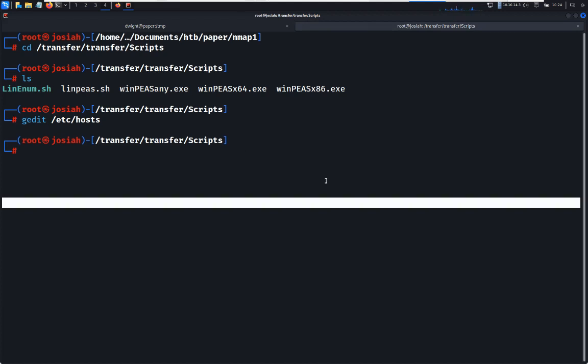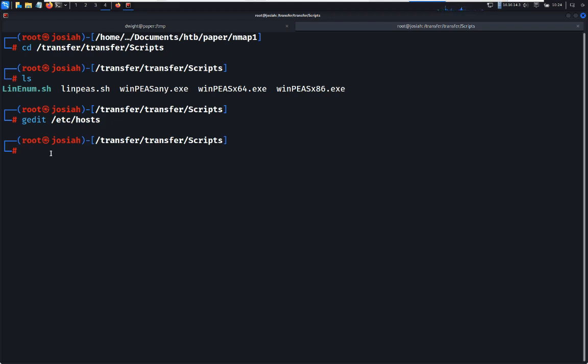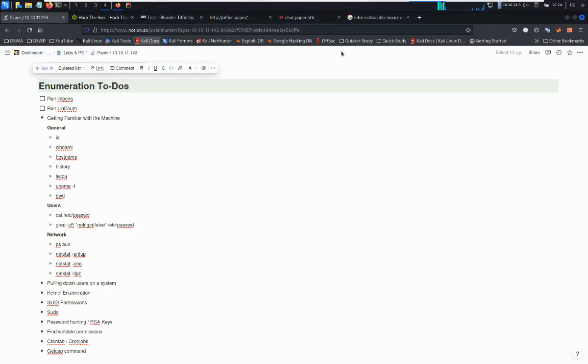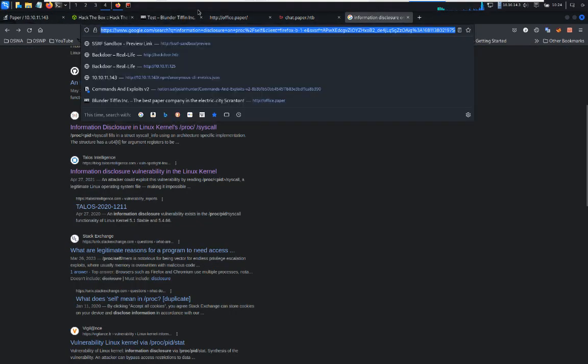What LinEnum and linPEAS typically do, or what they seek to do, is they grab all the information off of the machine, and run it against certain scripts and determine if those are valid. That was a terrible explanation of what it's actually accomplishing here. Basically, what it is accomplishing, though, is if I go into